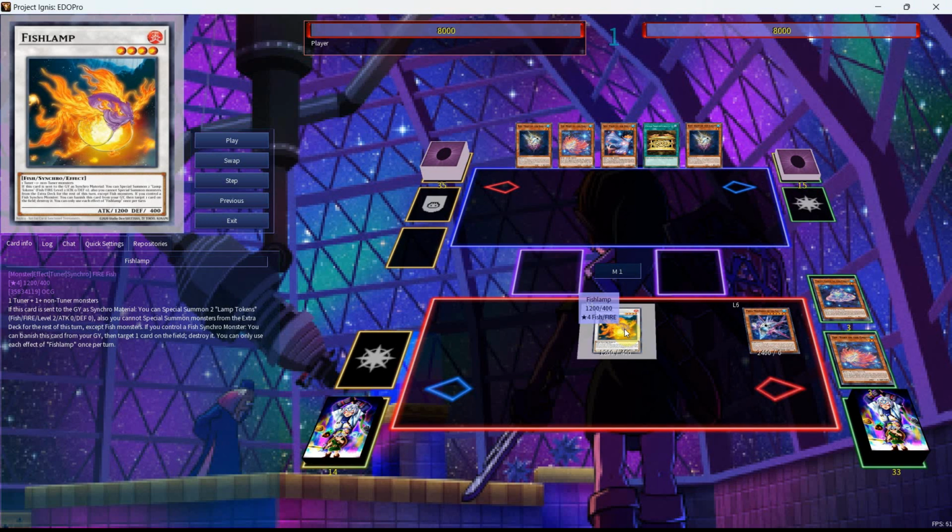This is something that I don't quite think you're going to be going into a whole lot unless you're playing with the entirety of your hand, but it takes 1 tuner plus 1 non-tuner monsters. It's a fire level 4. You do have to keep in mind there are some cards that do water lock you though, and if this card is sent